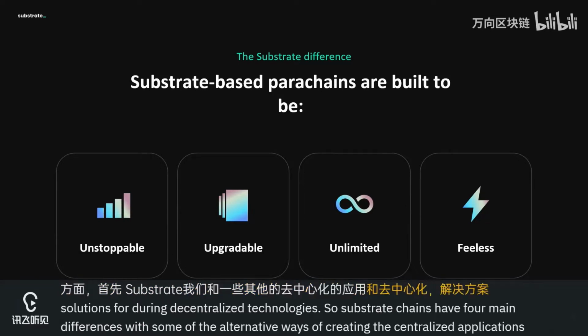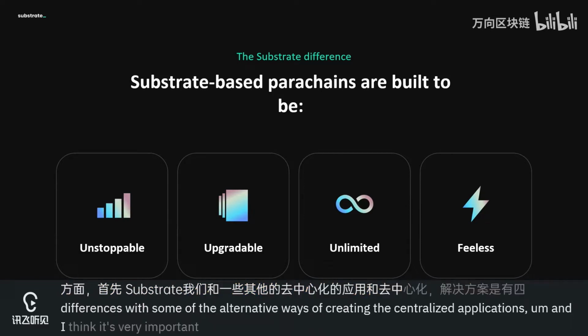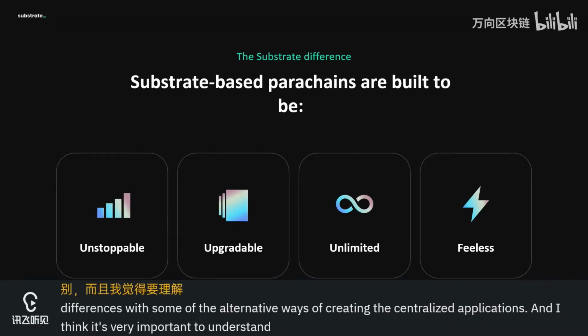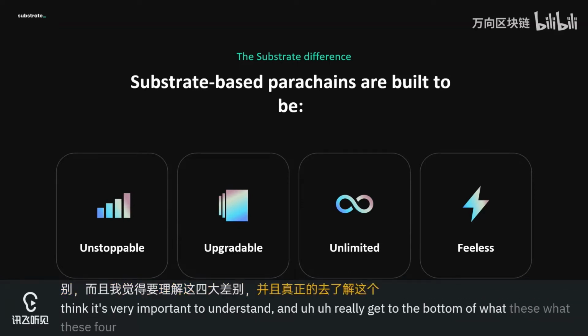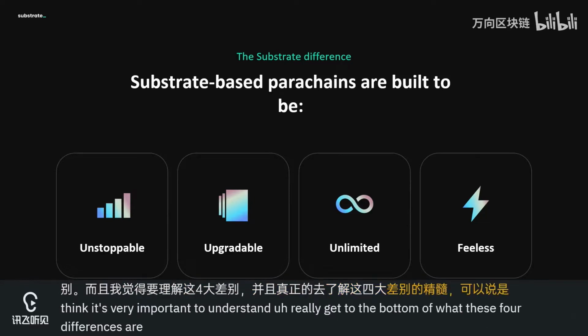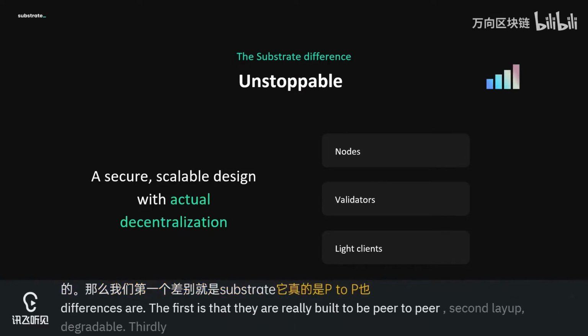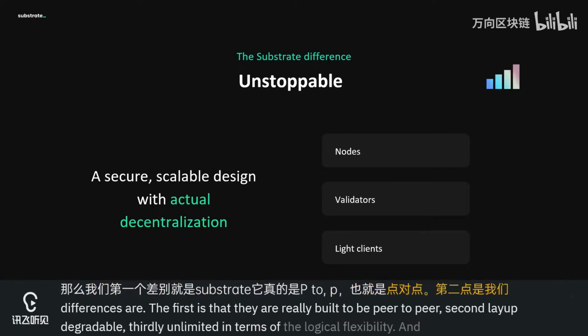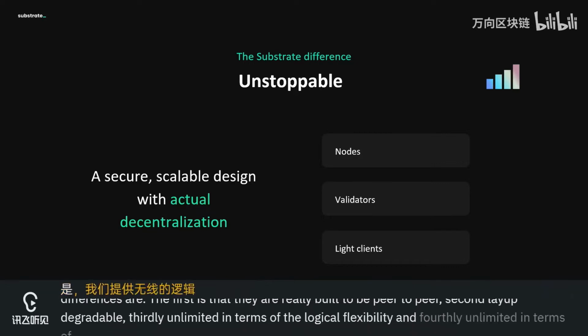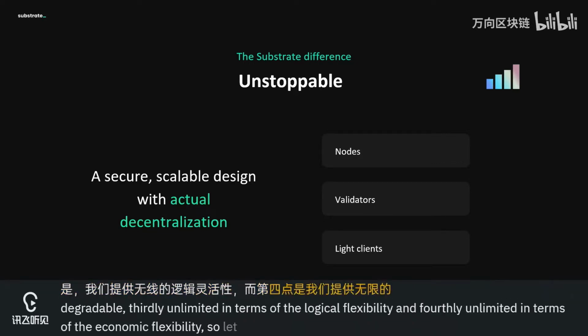And I think it's very important to understand and really get to the bottom of what these four differences are. The first is that they are really built to be peer-to-peer. Secondly, upgradable. Thirdly, unlimited in terms of their logical flexibility. And fourthly, unlimited in terms of their economic flexibility. So let's break these down a little bit.